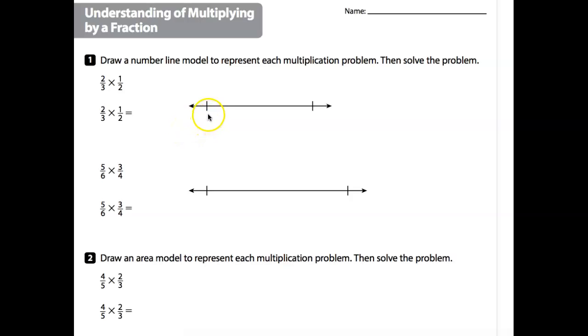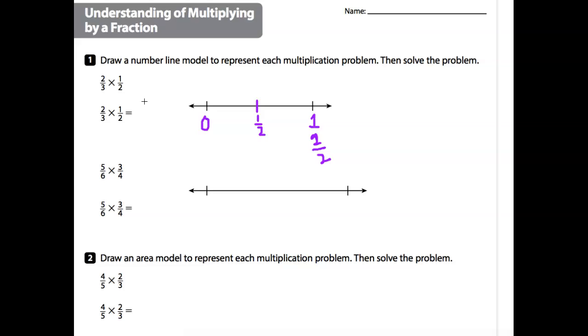So let's start here and mark this as 0. And then we're going to have this be 1. Okay. And so let's divide it into a half. So this is 1/2. And then, of course, 1, another way to write that is 2/2. Okay. So 2/2 is the same as 1 whole. Okay, so now we've got